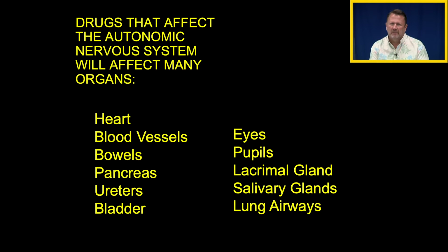And so if we give a patient a medication for the heart that affects the autonomic nervous system functioning in the heart, then we can expect a response from blood vessels, bowels, pancreas, ureter, bladder, eyes, pupils, lacrimal glands, salivary glands, lung, airways. If you're in the dental hygiene business, what they want you to know as you go through pharmacology